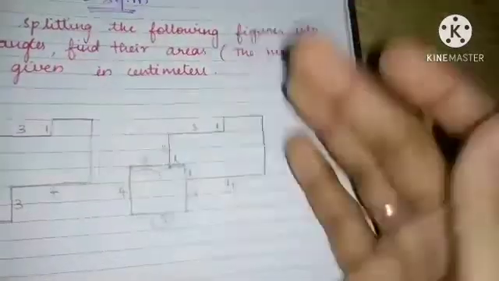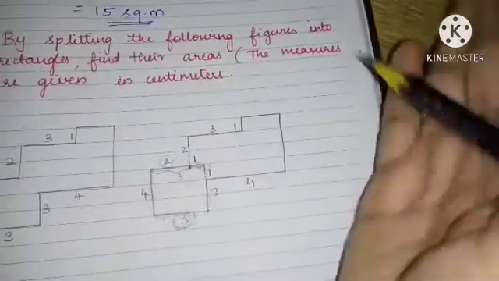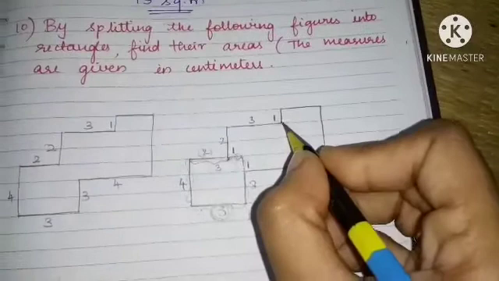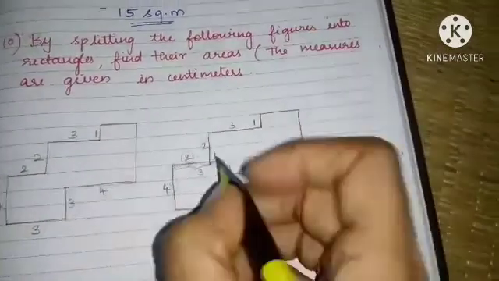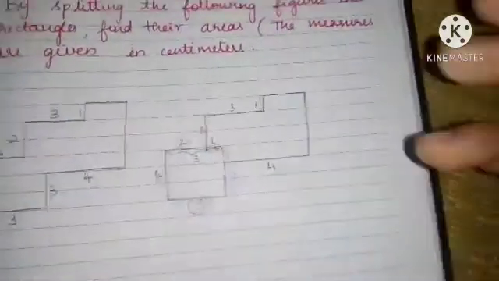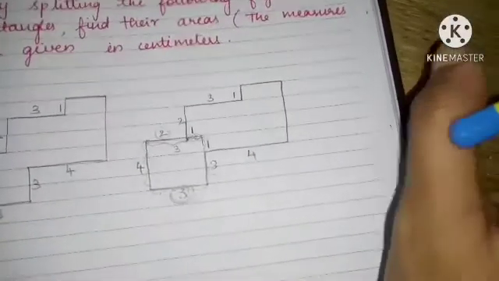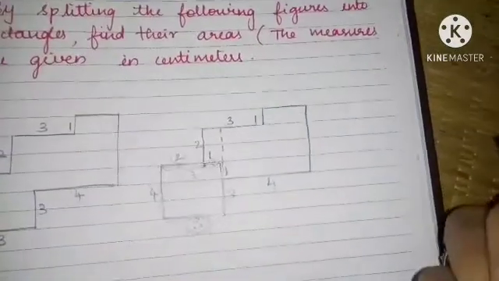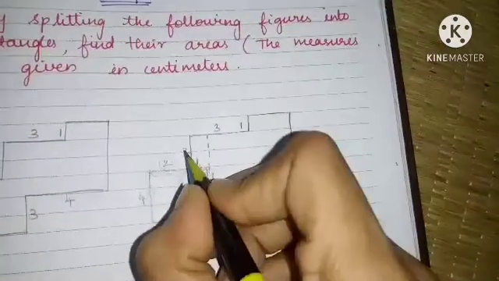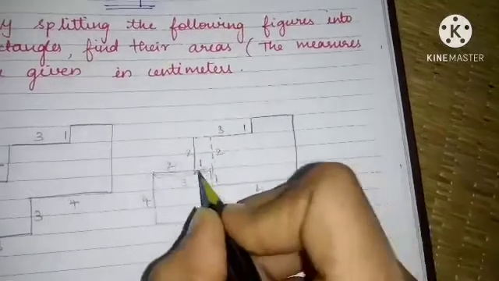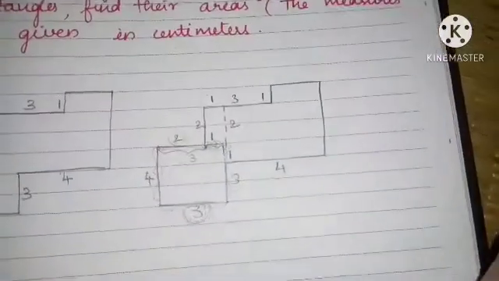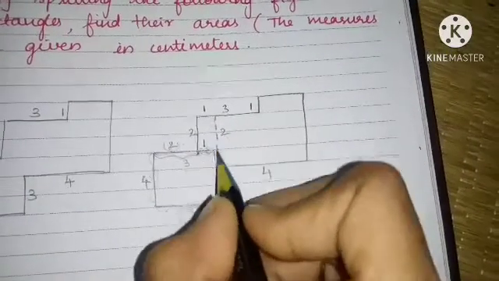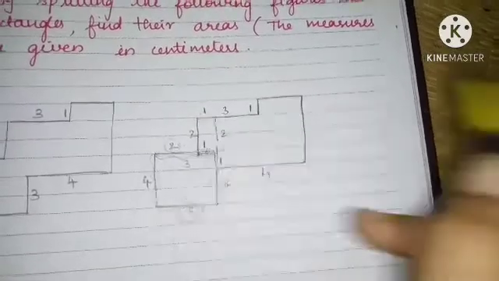Now I am just going to convert this into another figure, which is very easy. Next we are going to convert this small part, or you can frame triangles, but it is based upon our convenience. Now I am just going to join like this. If I join, this is 2, so this length is also 2. This is 1, so this is also 1. Opposite sides are equal because it looks like a rectangle.